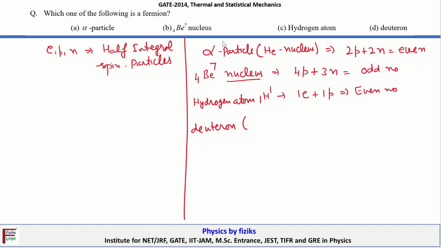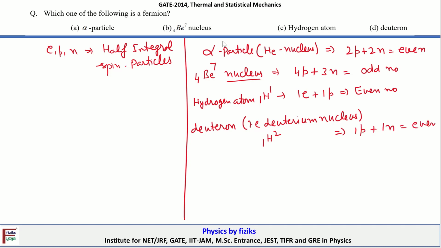So deuteron, it's a nucleus of deuterium. Okay, so that is the deuterium nucleus. Okay, that is the nucleus of 1H2. So it will consist of only 2 nucleons, that's 1 proton plus 1 neutron, and that is equal to